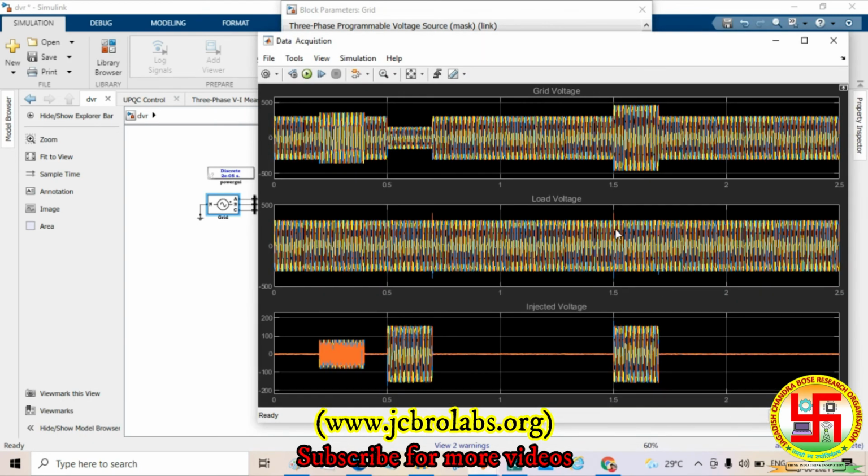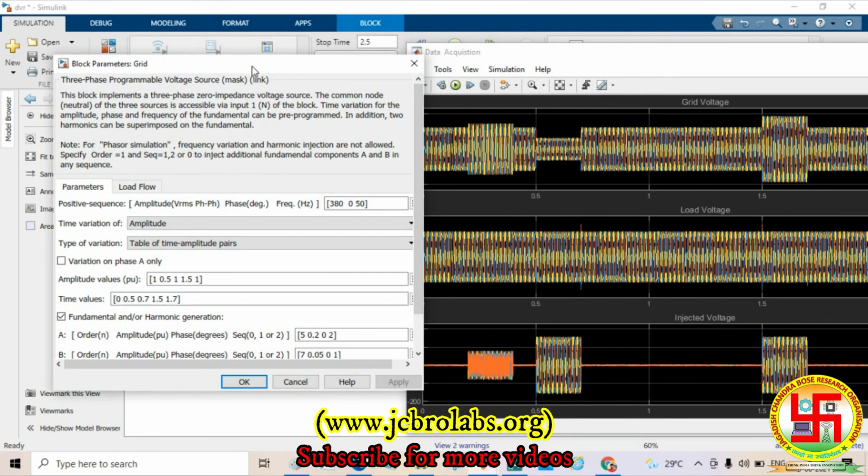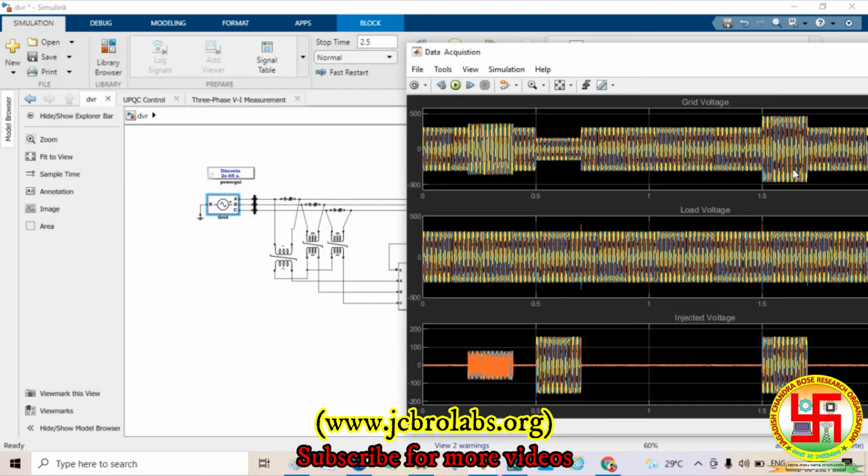Now by observing the measurements here, 0.5 to 0.7 is where we created a sag problem. This is the sag problem, and here 1.5 to 1.7 is where we created a swell problem. Normally we need to get a pure sinusoidal waveform, but we are suddenly getting oscillations here. A sag problem will occur because of a lightning strike or trees falling down, where a fault will occur. But in this case, if you suddenly increase the load, if you suddenly put more burden on the load side, then oscillations will come. So this is the swell problem.